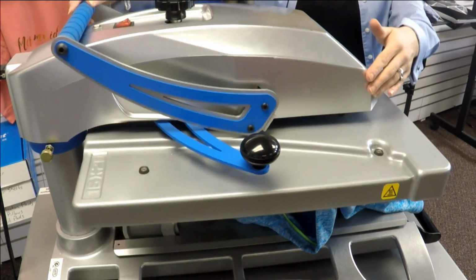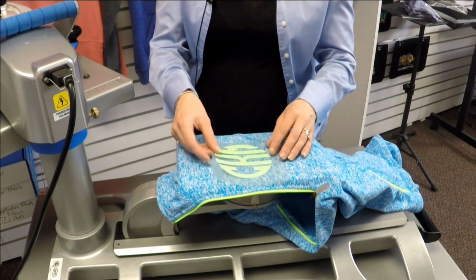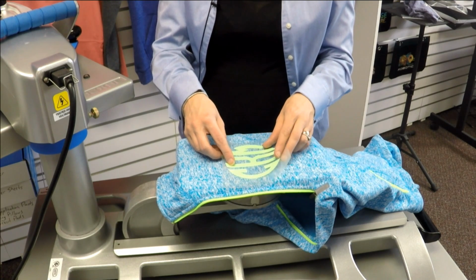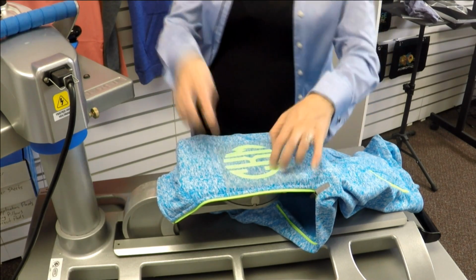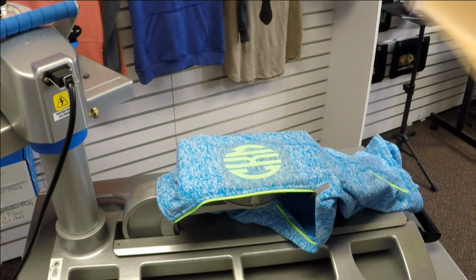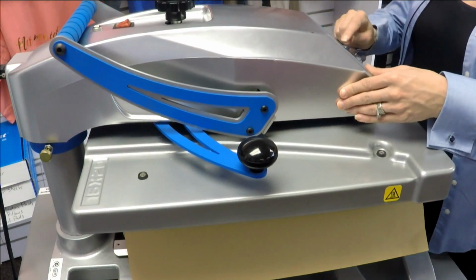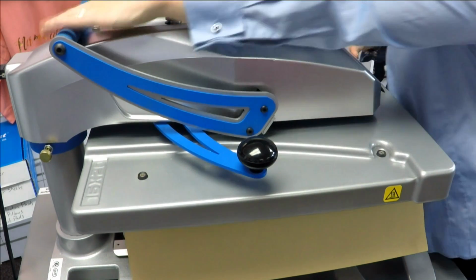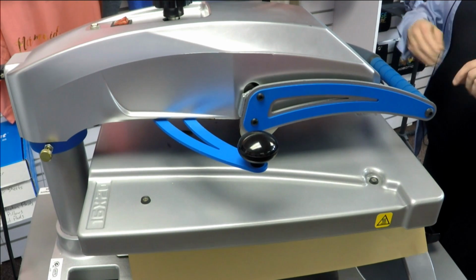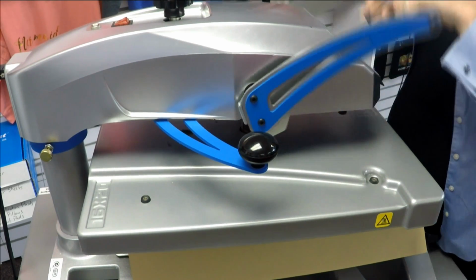I start by preheating my item just to get some of that moisture and wrinkles out. Then for my application, I'm going to apply it at 300 degrees, so that lower temperature, for 10 seconds. Go ahead and grab my cover sheet over here. So far, it's very similar to the application that you know if you've used Cadcut Glitter Flake, or that I just recommended. So we're just starting out again with that first 10-second hit. Still using my medium pressure